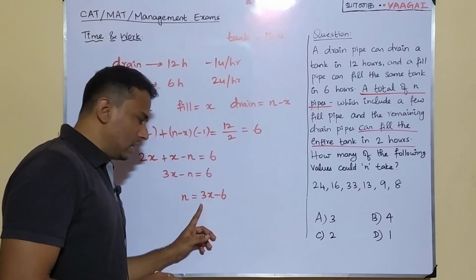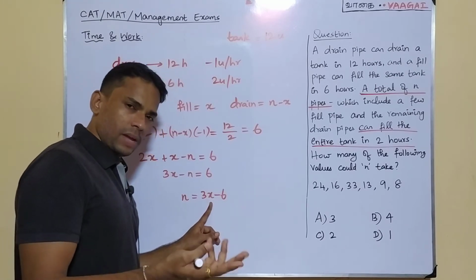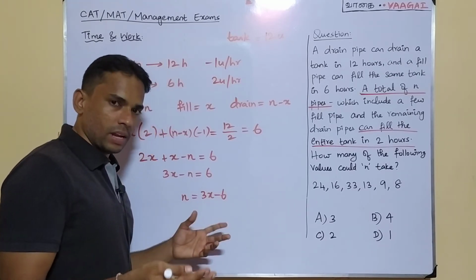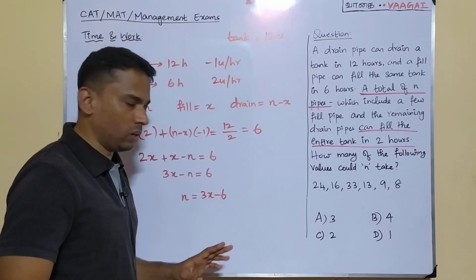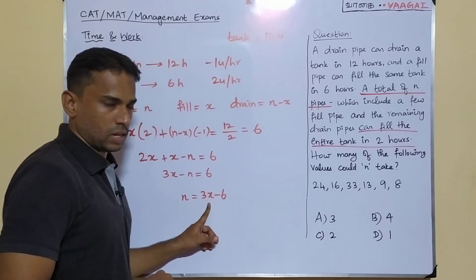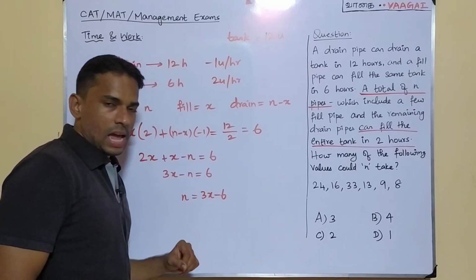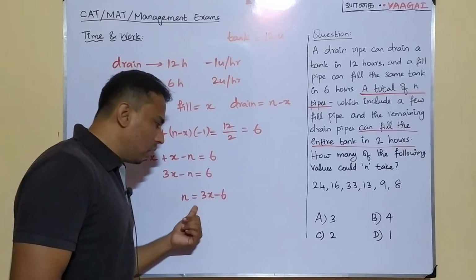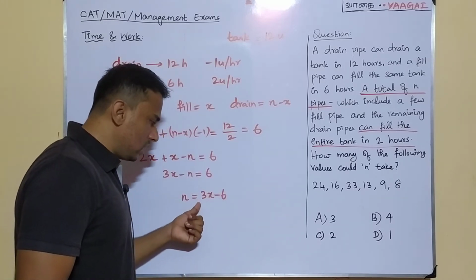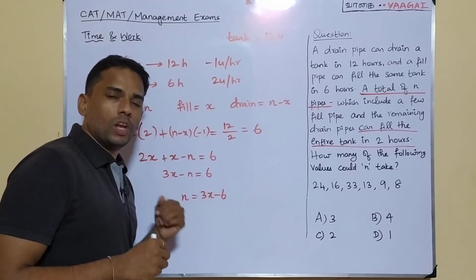See here, right hand side, 3x minus 6, this is what we have. And this x can be any integer, right? Okay, x can be any integer. We don't have any restrictions so far, but it is an integer, a positive integer to be precise. So 3x minus 6 is the expression for n. If n is equal to this expression, let's see what kind of value we'll get here. So 3 into an integer minus 6. So how will our value of n be?